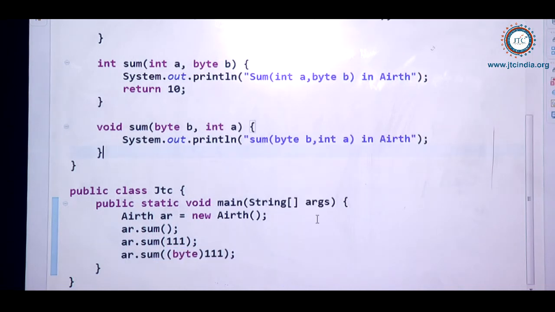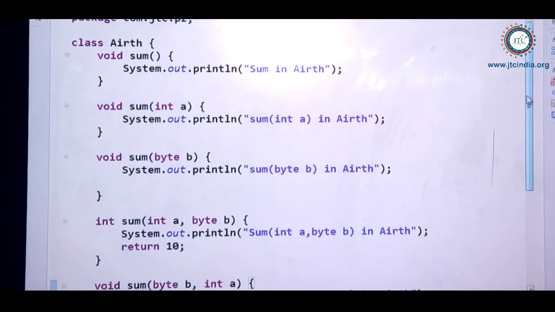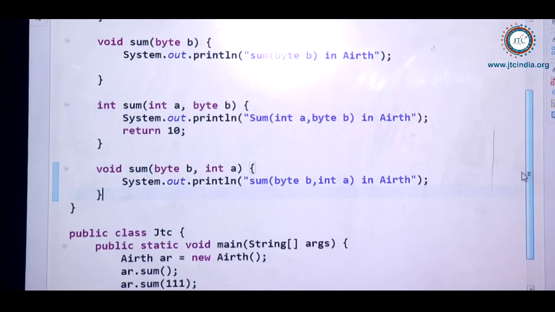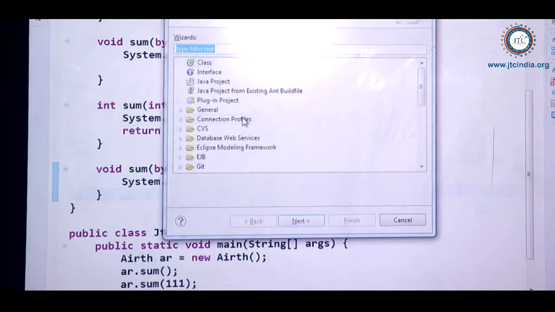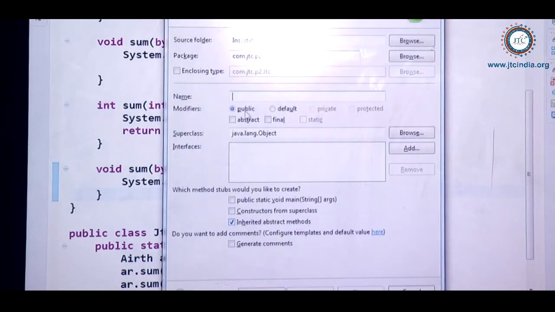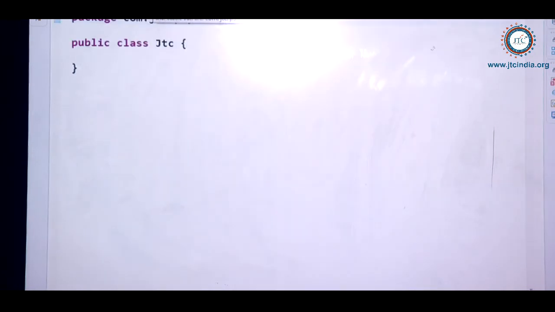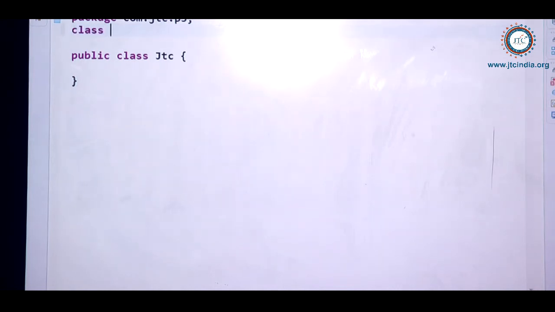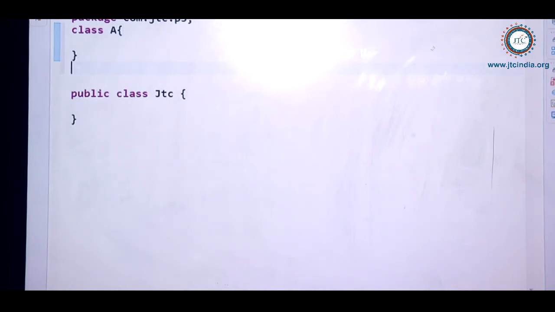So this is one basic of method overloading that I am explaining here. Now again, if you see a more complex scenario, I will write one more example of method overloading itself, and I hope you all will understand the uses of this. So suppose first I am writing one class, let us say A, using very basic names and very basic things.